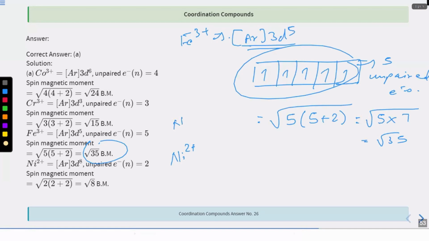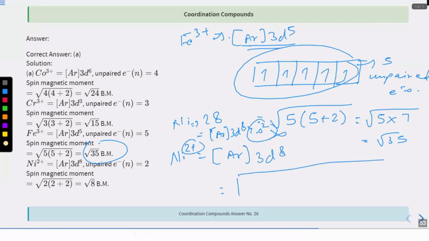So we know that nickel is represented by 28. If I write for nickel, it would be argon 3d8 4s2. But since it is 2 plus, the 2 s electrons will go, so I would be left with 3d8 only. Now if I draw 3d8,